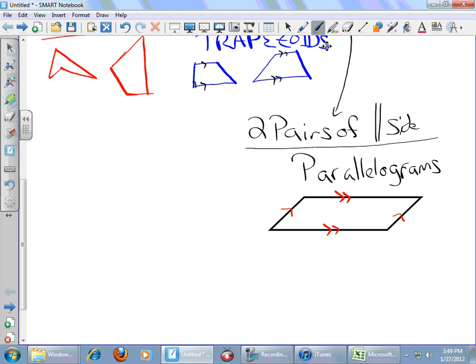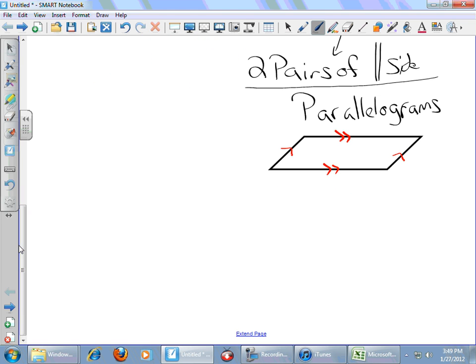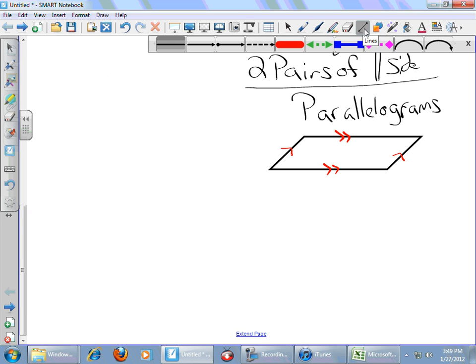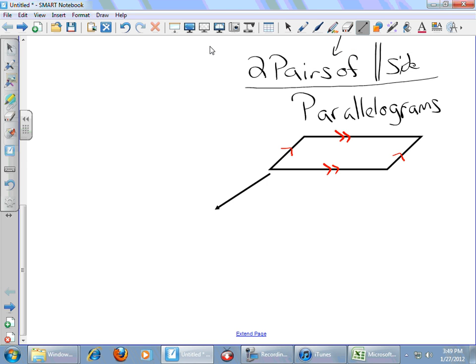Okay, now the parallelogram is kind of like the grandpa, and he had a couple of kids. You see the parallelogram, two pairs of parallel sides. Sometimes this parallelogram has four congruent sides. A parallelogram with four congruent sides, those are called the rhombus, or rhombi for plural, the rhombi,